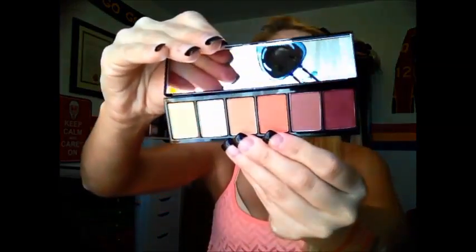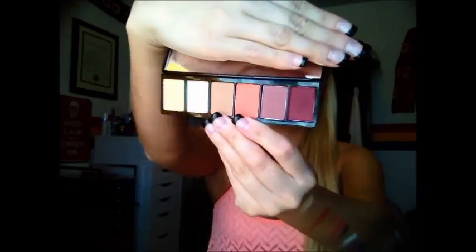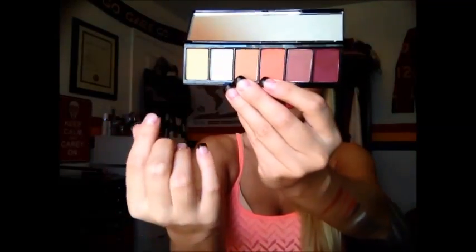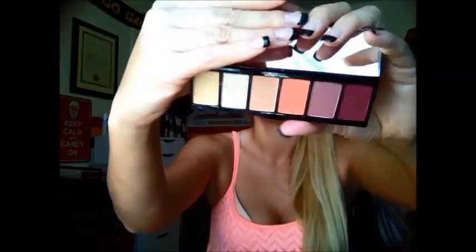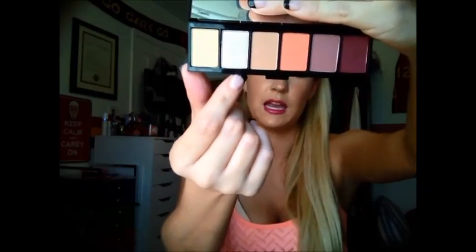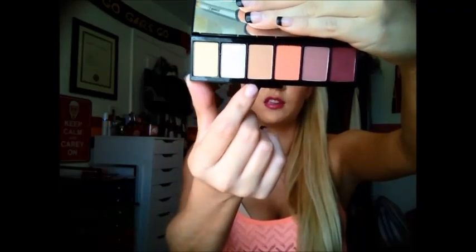So the last one that was the online exclusive and probably my personal favorite is Oh My Banana. And it looks like this. So this is more like the pinks and the lighter colors. This one to me, of the 3, is maybe the most wearable palette. I don't know, I guess it depends on what you really like. If you like the blues, maybe you would find that one more wearable, but for me, this was the most wearable. So you get Big Kahuna is a Frost, Retrospec is a Luster, then you get Soft Brown,